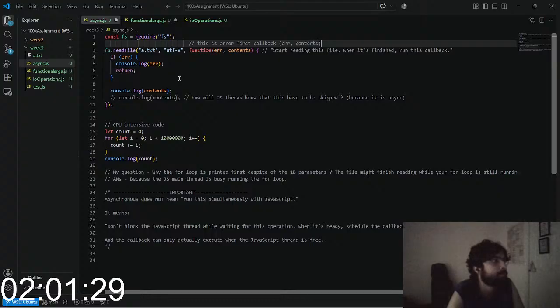If the CPU is busy doing a task, it will keep doing that task irrespective of the operating system waiting to call this callback. Let's first see if this works, and whether the people in the audience were correct. First s, then contents. That is true. First s gets printed, then the contents of the file get printed. The second question is,